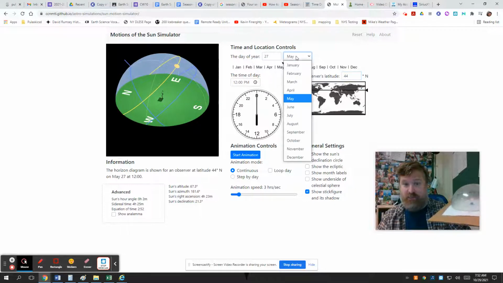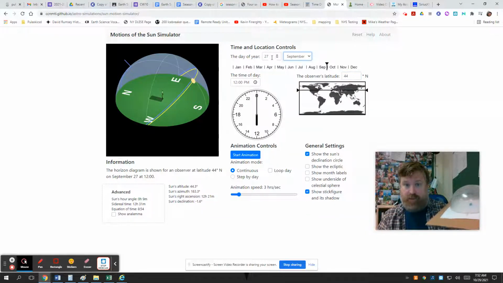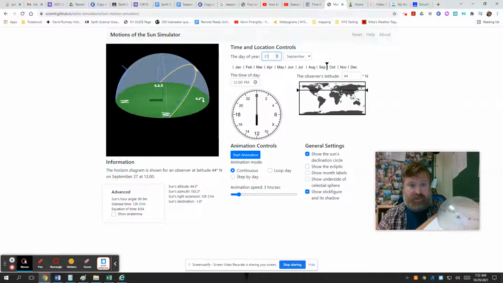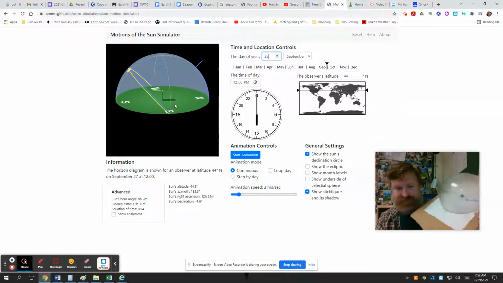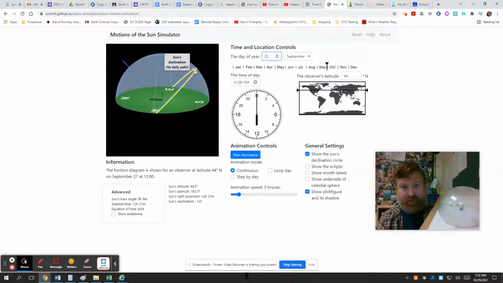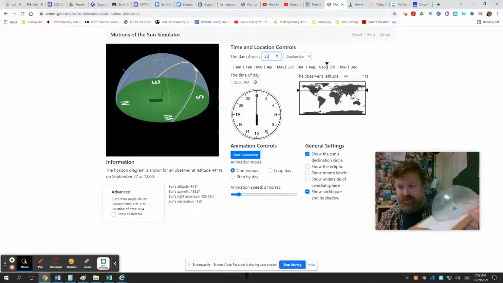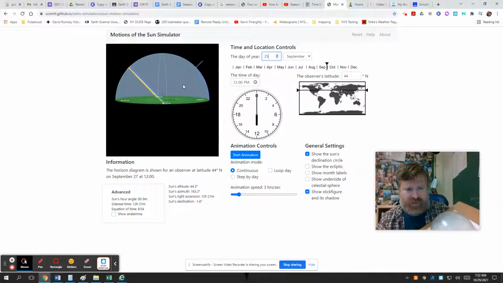Now, we all did this in class, near the equinox. September 21. It was actually a couple days after. Let's do it for reals, what it looked like. You can see that the sun, like this and this are the same. How high the sun gets in the sky, its angle, is tilted here towards the south, and it starts right about over here in the east and ends right about over in the west. Now, if we did it for exactly the equinox, it should be right on the money.